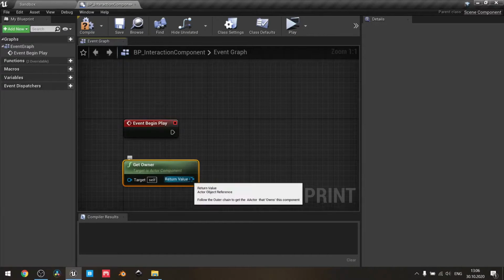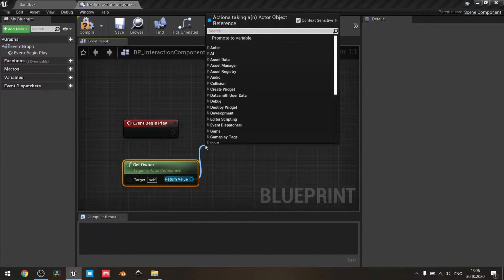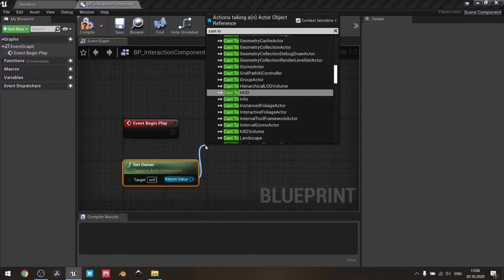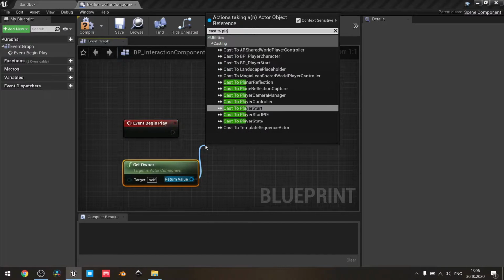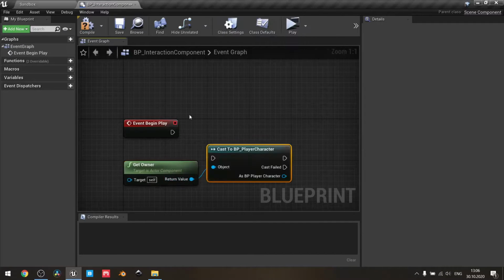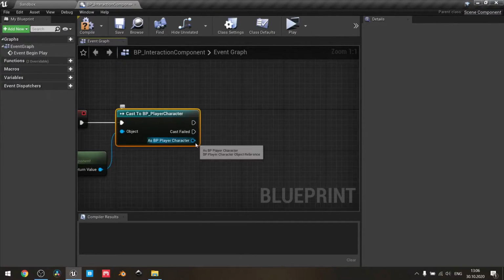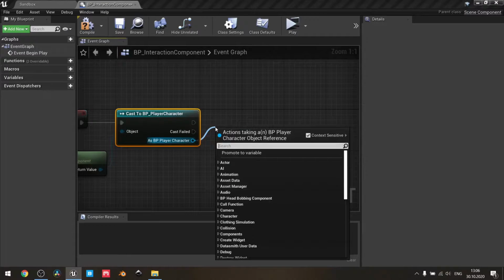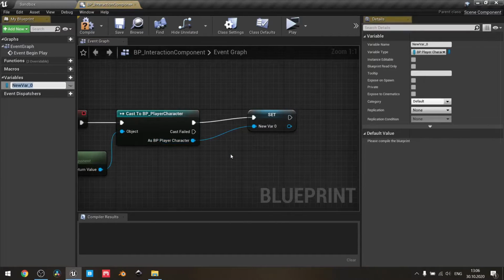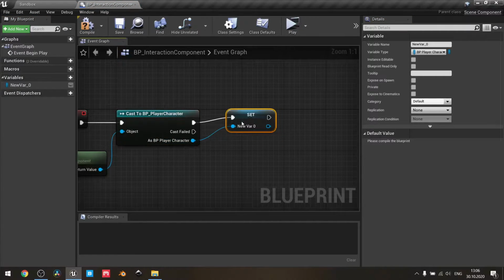Next, pull a wire from it and search for cast to our player character. Then pull a wire from the result of casting and select promote to variable, rename it to player character,